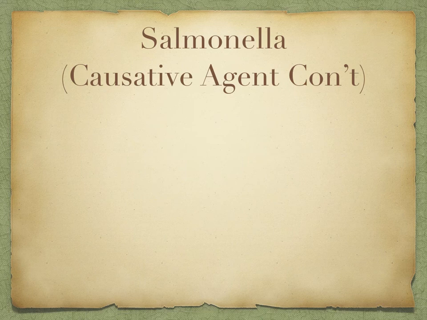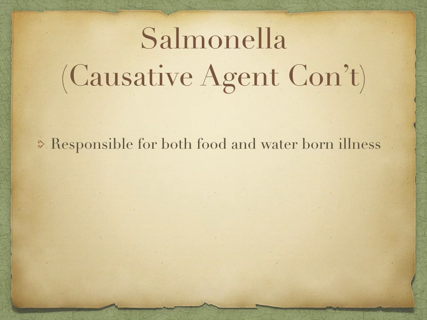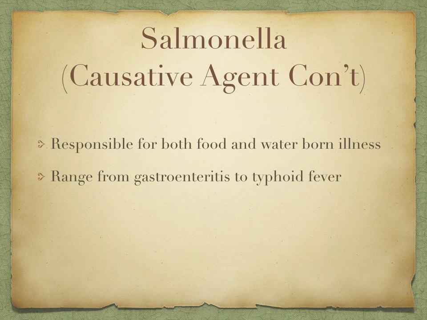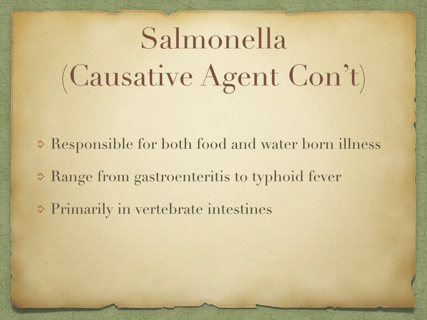Okay, so moving forward, as we talk about the causative agent, it is responsible for both food and waterborne illnesses. Some of the symptoms can range from gastroenteritis all the way up to typhoid fever. It's primarily found in vertebrate intestines, lives in the host stool,